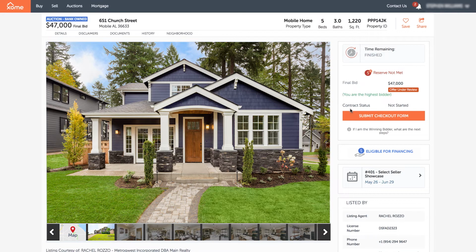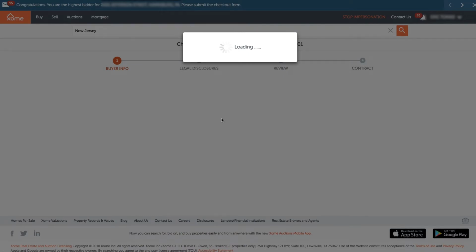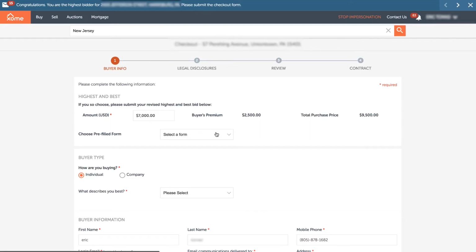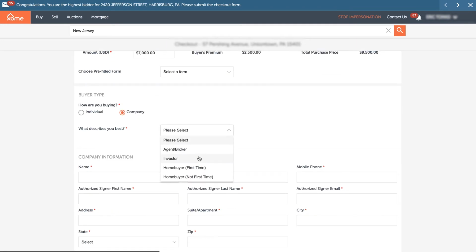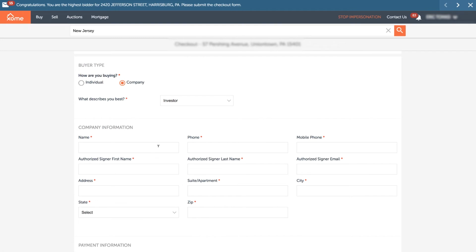Upon conclusion of the auction, if you are the highest bidder, you must complete your checkout form. To complete the checkout form, you will simply see Submit Checkout Form. When you click on Submit Checkout Form, you are filling out the buyer's information for this property. You can create checkout forms and save them and select from them, or you can create a new one at the time. You will simply answer the questions that best describe you, complete the information,